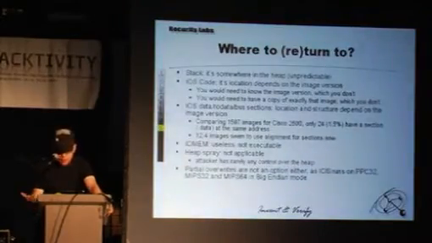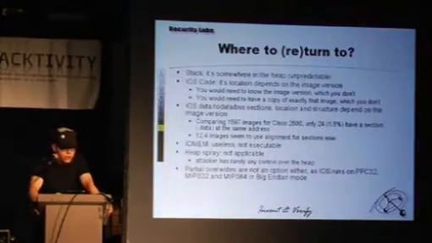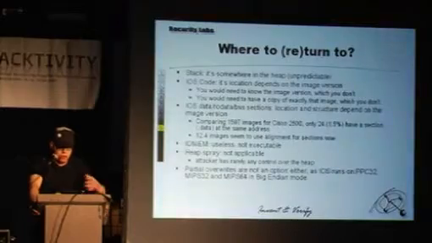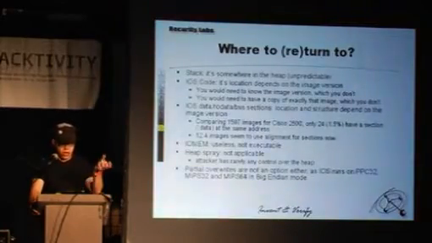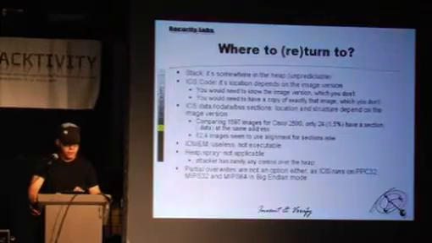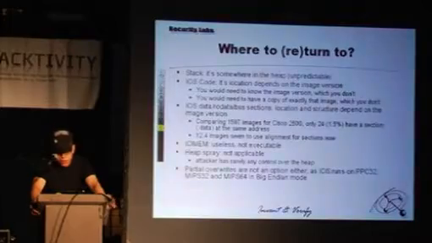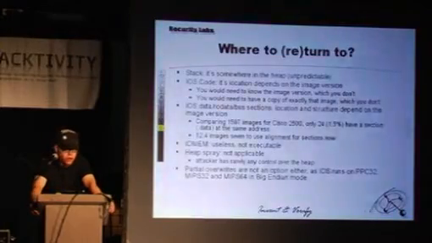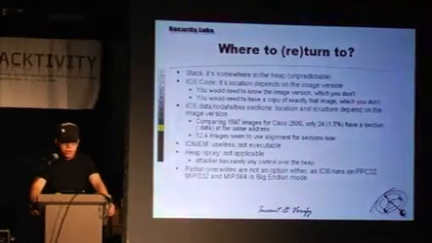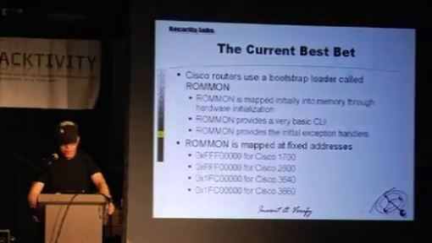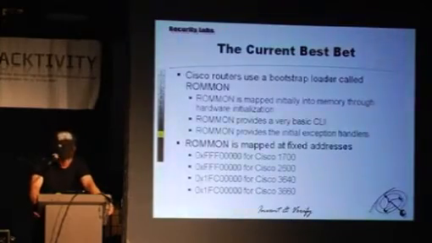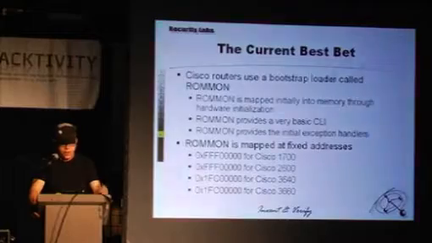And then partial overwrites is a thing that I considered a while. So you don't overwrite the entire return address, but just part of it, and try to keep the most significant bits where they are, so you don't have to actually know where the stack is located. Problem being, these are all big endian architectures, so partial overwrites will kill the most significant bits first. It's also bad. But then, here's the currently best bet in how to exploit them.